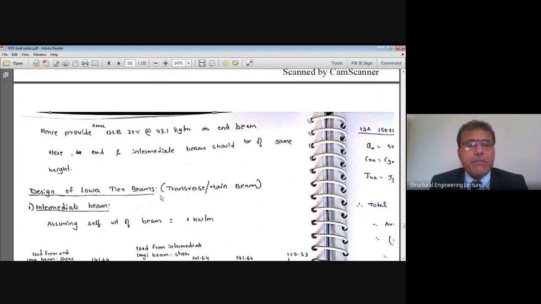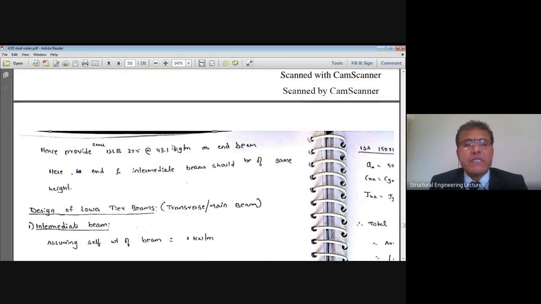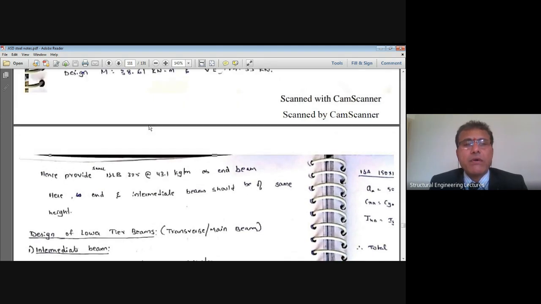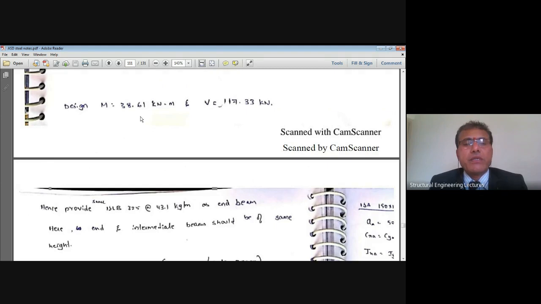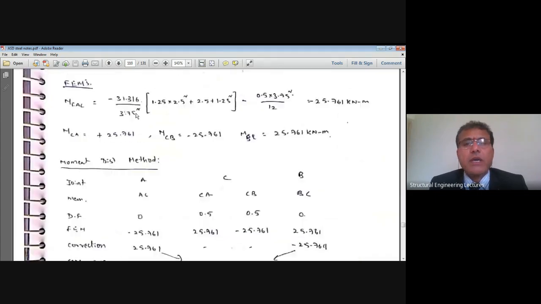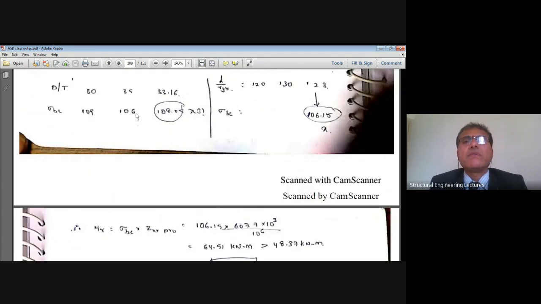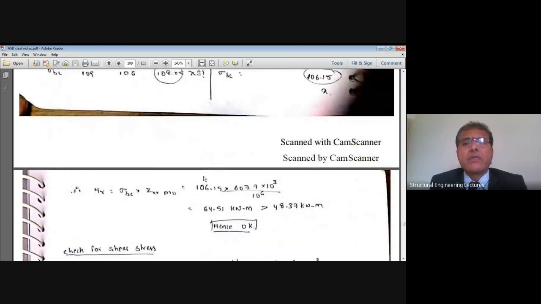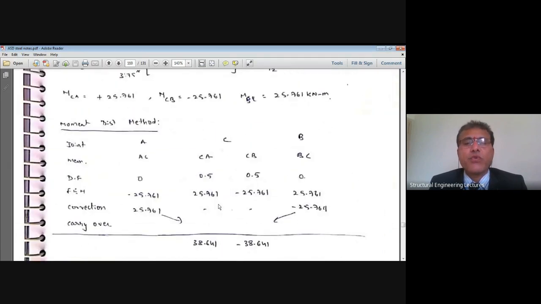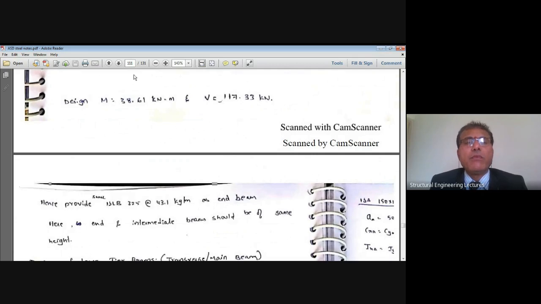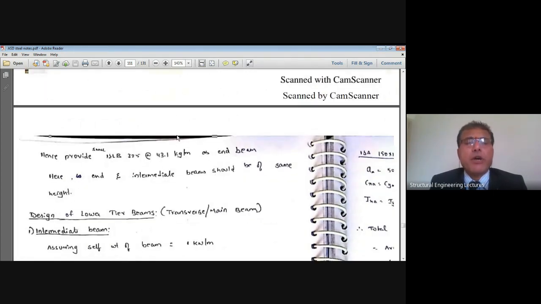Because the moment of resistance of such a section is 48 point odd value, but the bending moment is only 38.61. Sorry, the moment of resistance is more. Let me check, right? The moment of resistance worked out to 64.51. I'm sorry, 64.51. However, the bending moment coming onto these end beams is just 38.61. Hence, the same section may be adopted.